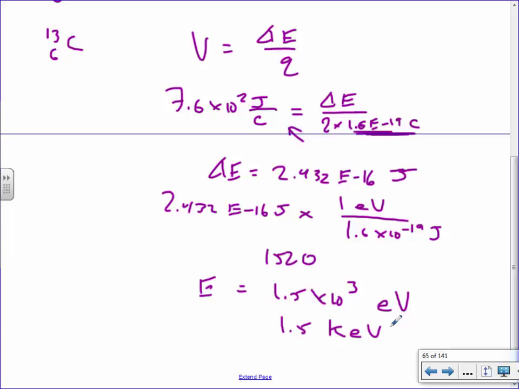The thing I need you guys to be aware of is that if you have your formula sheet in front of you, like the constants, the fifth one down, you see the fifth one down is elementary charge. One electron and proton is 1.6 times 10 to the minus 19 coulombs. It just so happens that the way we chose our units, we decided to call an electron volt that many joules as well. You see how that 1.6 times 10 to the minus 19 is on there twice? So you may end up using the number in the first formula and then using that same number again when you convert it later.